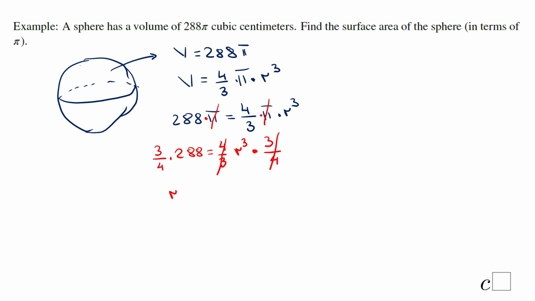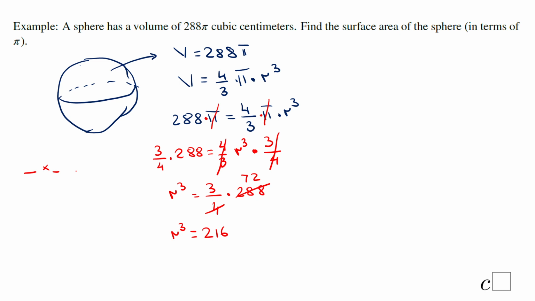So r cube is 3 over 4 times 288. If you do not have a calculator or you cannot use a calculator, I'll suggest you to simplify. Let's see if we can do that. Okay, 4 goes in 288 72 times, and then we have 3 times 72, that will be 216. R cube is 216. So my next thing is to find what number